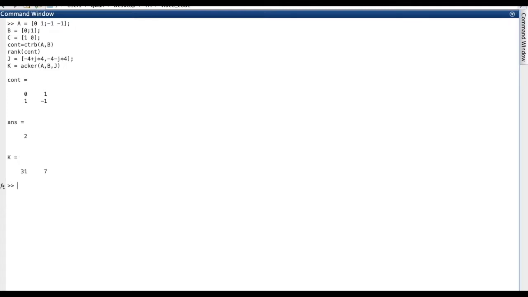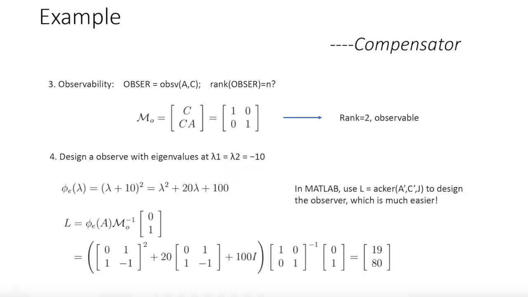With MATLAB, first of all, the rank of the controllability matrix is 2, so it verifies that the system is controllable. For having the eigenvalues at the predefined ones, K equals 31 and 7, which was computed before. Here's another example for the observability,